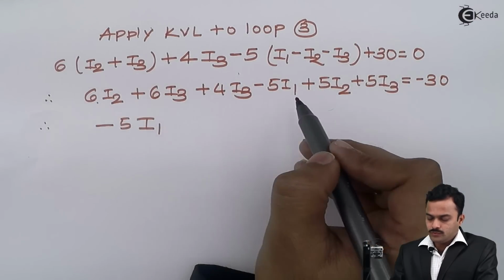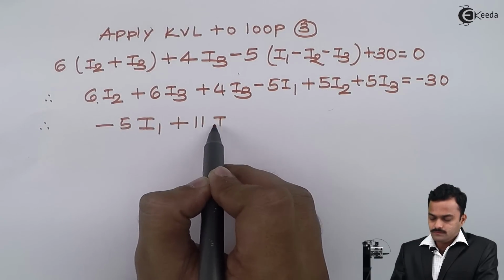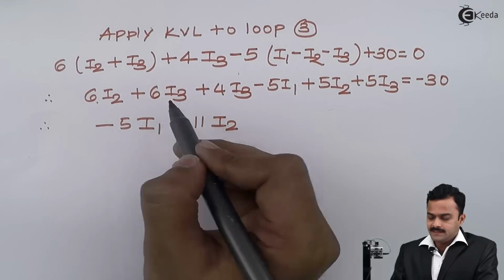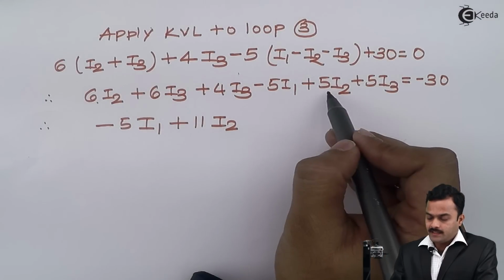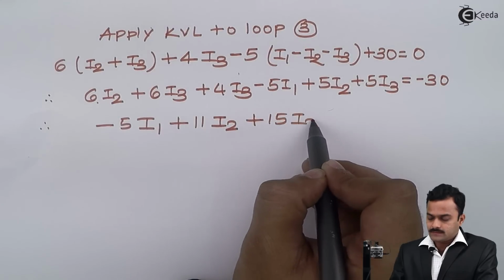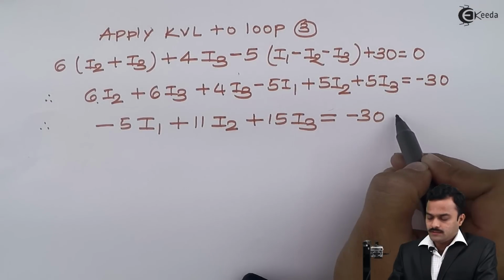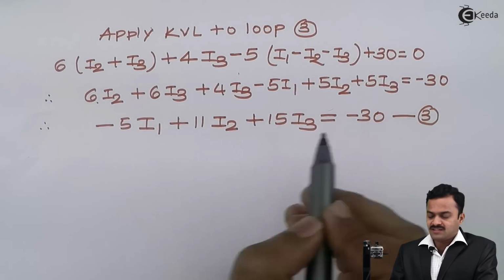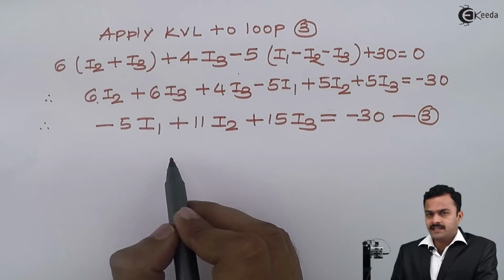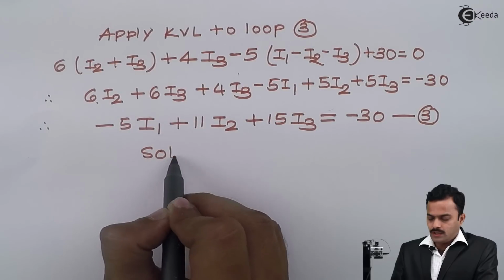Then this 6 I2 and this 5 I2 will become 11 I2. 6 I3, 4 I3 and 5 I3 will give you 15 I3 equal to minus 30. This will be equation number 3. So I'll have 3 equations and 3 unknowns. Solving equation 1, 2 and 3,